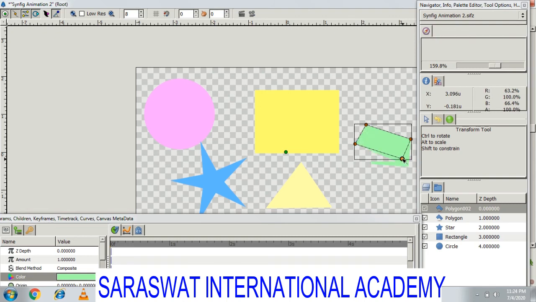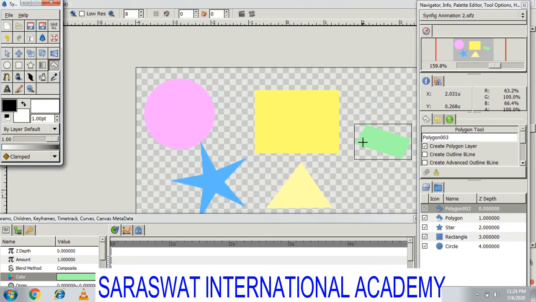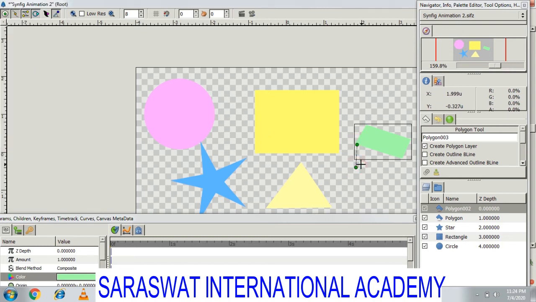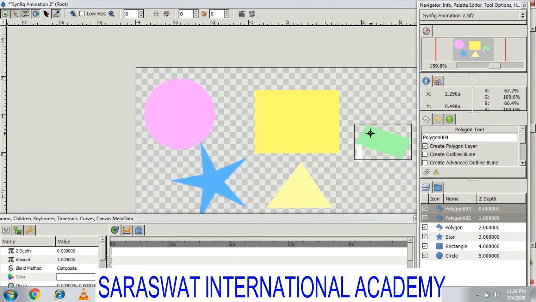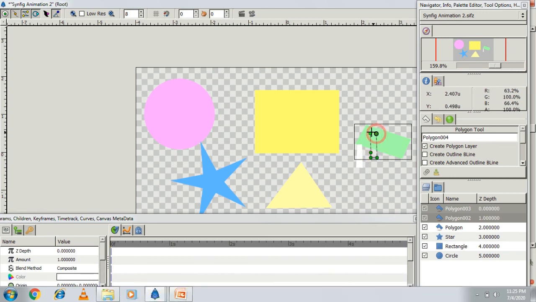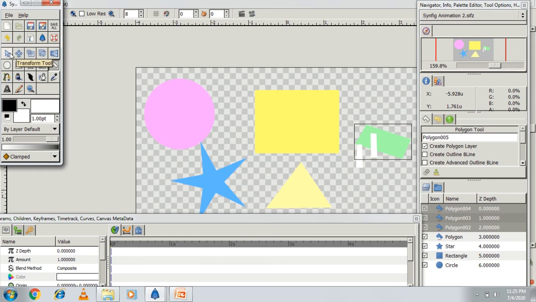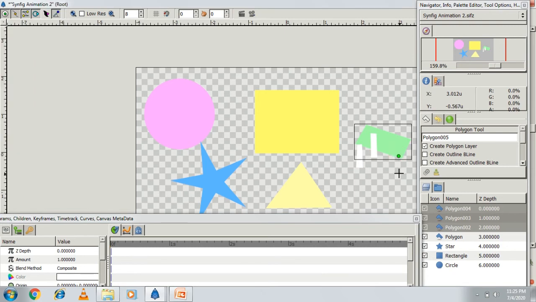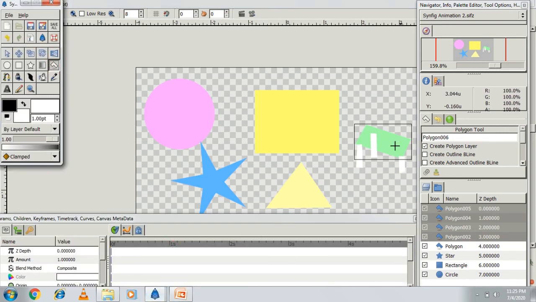Now I want a leg for that table. So what I will do, I will go to the polygon tool again, and one more time I will select here.